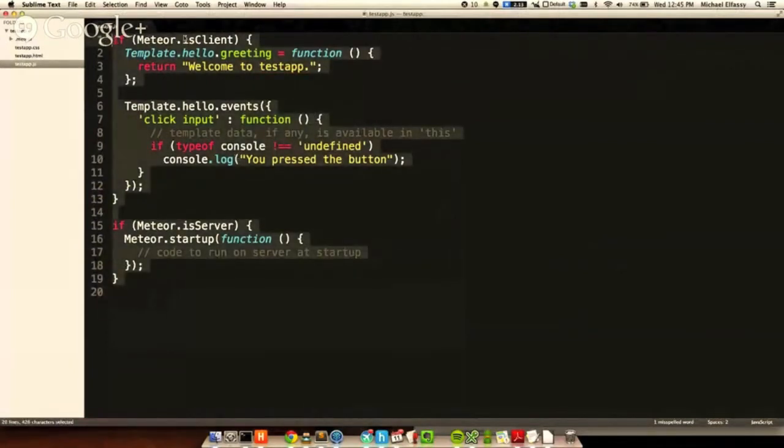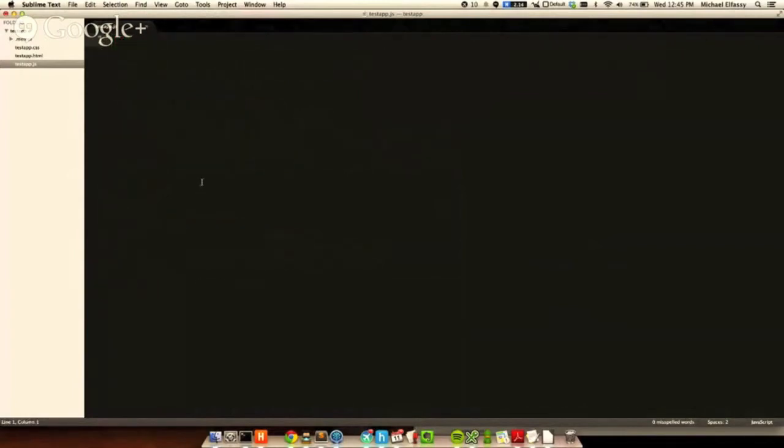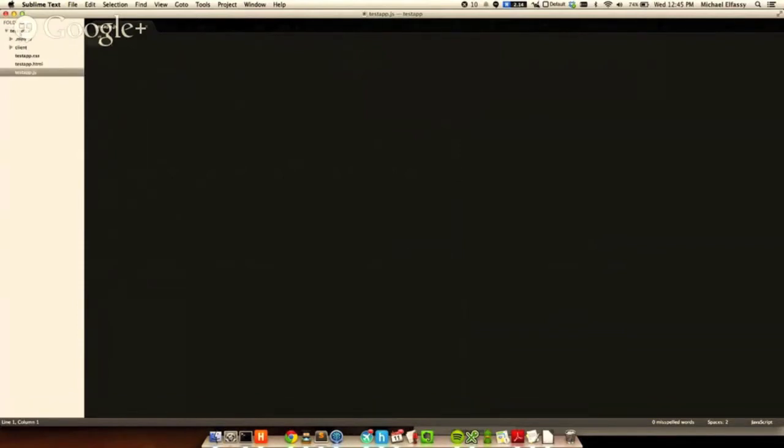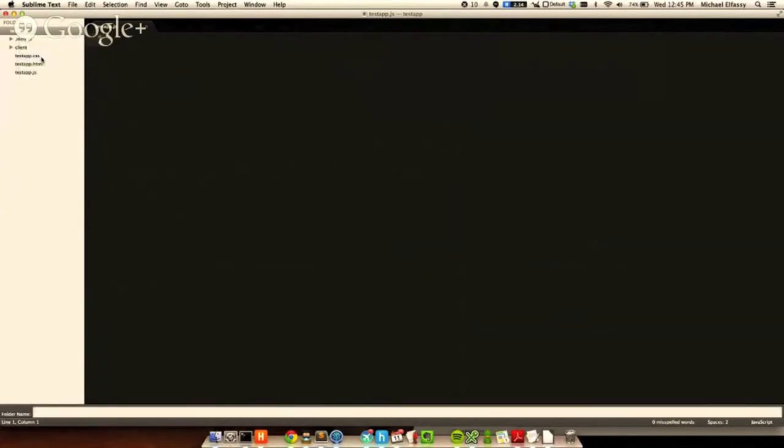So we're not going to use if client, if server all over the place, right? This doesn't make any sense. So the first thing we're going to do is create a client and a server folder. These folders are special, the client and the server, and they will only run on the client or the server. So new folder. So we have the client, we have the server,